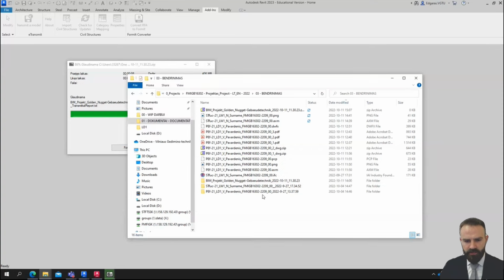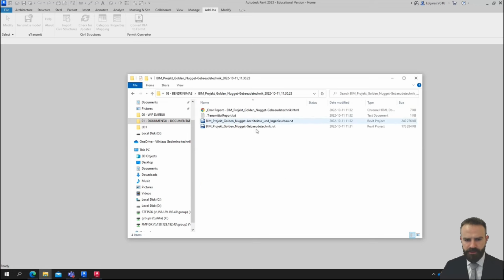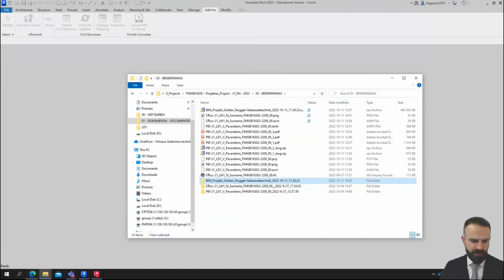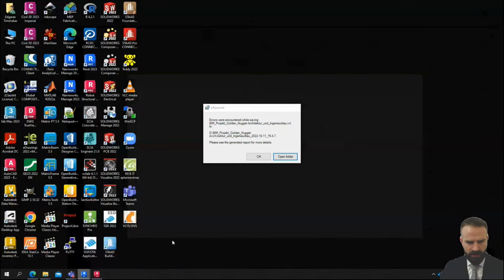So in our project, we are sharing only the Revit file. We are not sharing additional components from the Revit file, because I need a simplified representation of some files, and it's more practical for me to check files and so on. So in our case, we just take a Revit file from eTransmit and just drag and drop it inside our project, inside Trimble Connect. So regarding Revit files, IFC files, let's jump and let's open